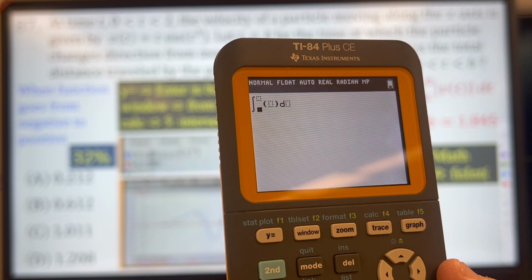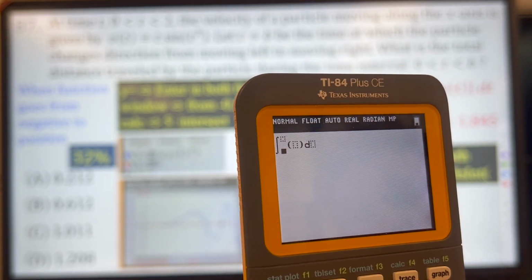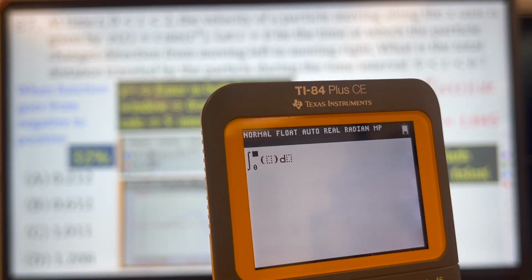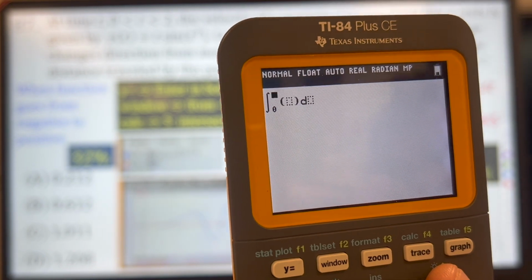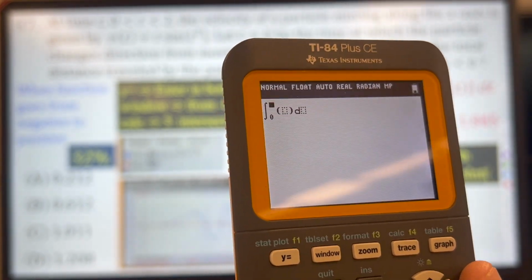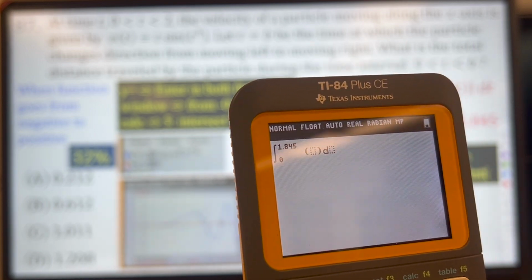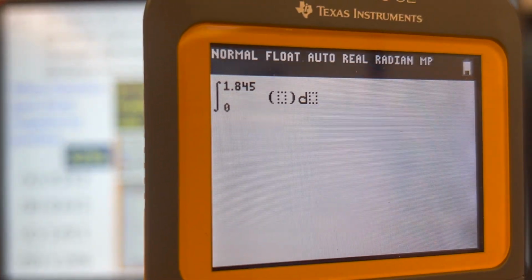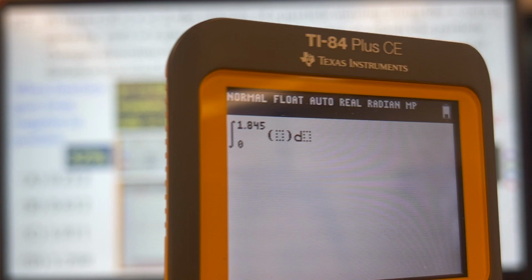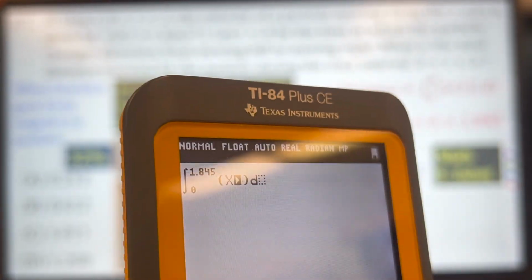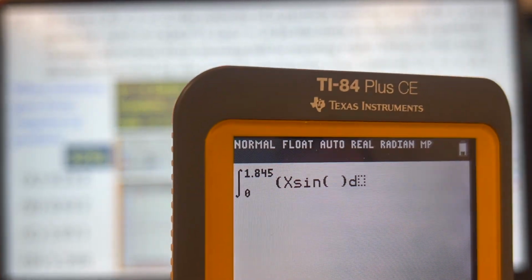Now this is 0 to 1.845. All right, type in, instead of t, we just put an x, sine x